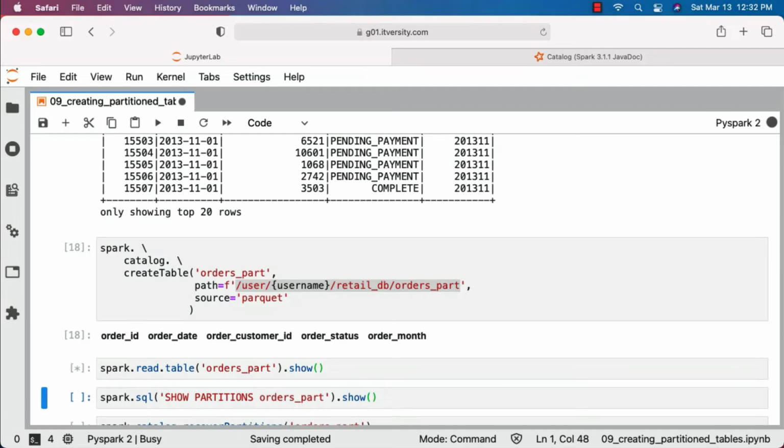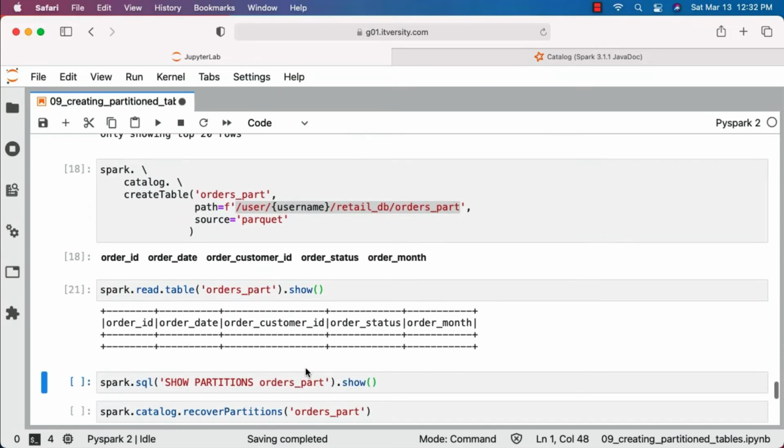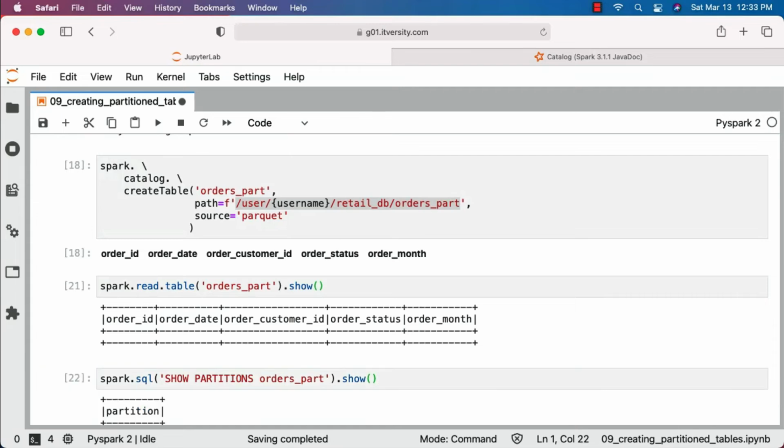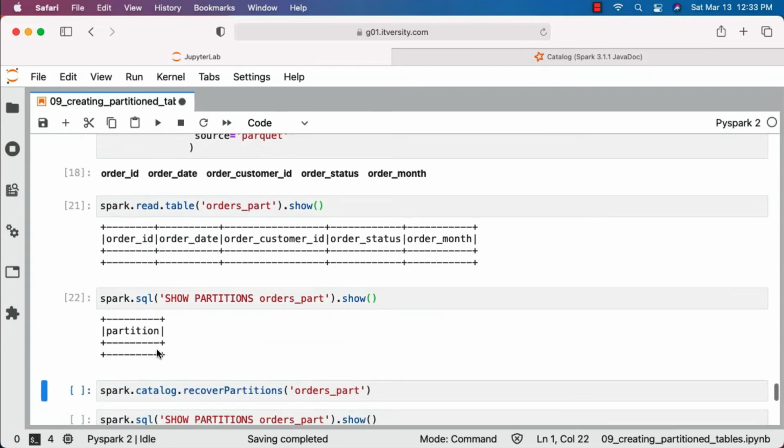You can see that it hasn't returned anything. The reason why it hasn't returned anything is because the partitions are not recognized automatically. The metadata which is in Metastore and the folder structure are not in sync. You can also validate the partition level metadata by running this SQL command using spark.sql. It will return a data frame. You can use show to preview the output. You can see that there are no partitions recognized because the partition level metadata is not updated in the Metastore tables yet.